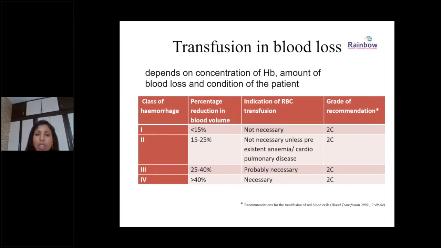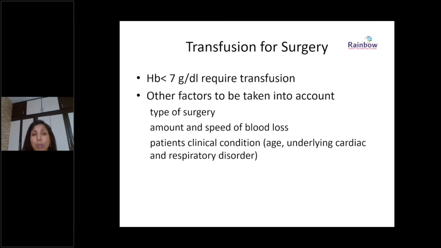If the blood loss is around 15 to 20%, you will look at whether there is any underlying problem, whether you need to transfuse, and whether there is any ongoing bleeding which is going to cause further volume loss. In those situations, definitely yes, you have to go ahead and transfuse. Otherwise, you can wait and watch rather than rushing with the transfusion. Anything above 20-25%, definitely we have to consider transfusion, especially if there is ongoing bleeding.